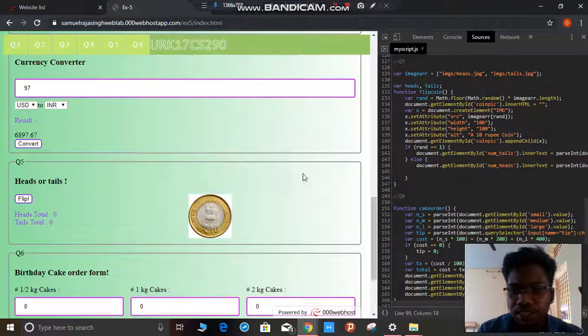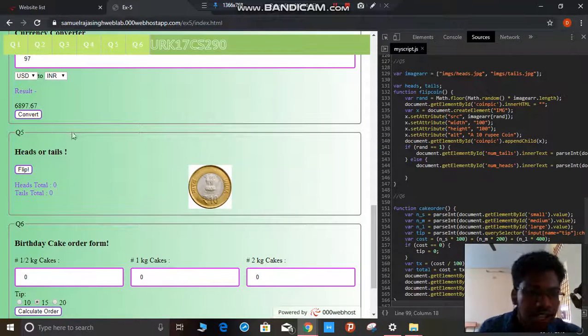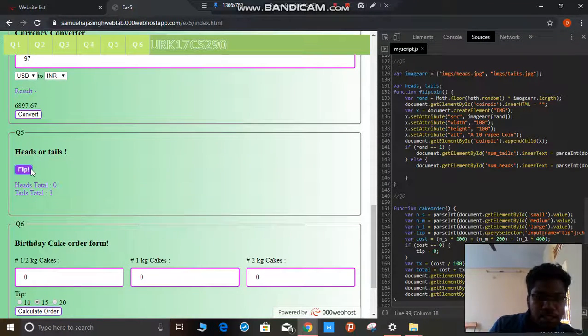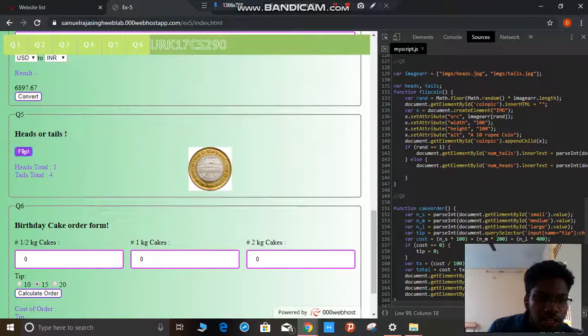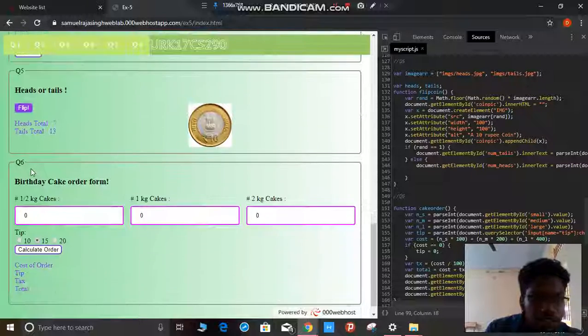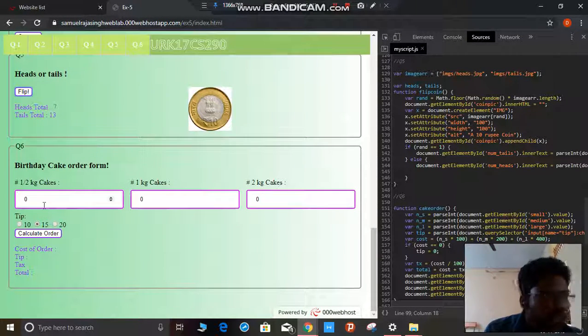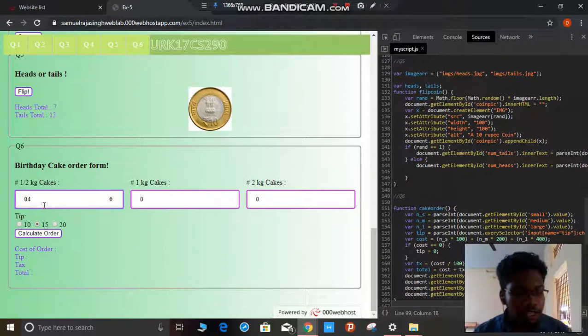The next one is actually interesting, the heads or tails. When I hit flip, the image must be flipped, and I have to keep track of the counts, which is what I am doing here. So you can see the number is changing as I flip the coin around. And the next one is a birthday cake order form. I'll be getting input and output. Based on that, I'm giving a tip and